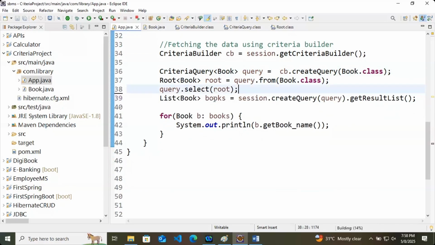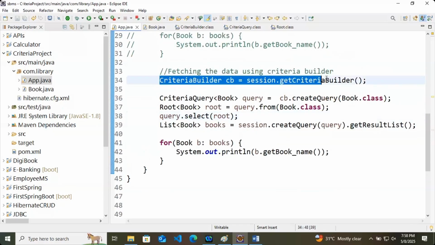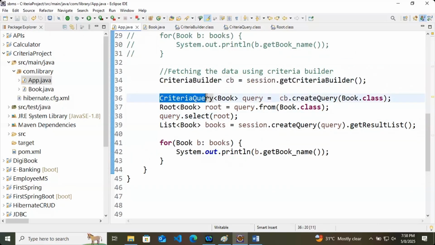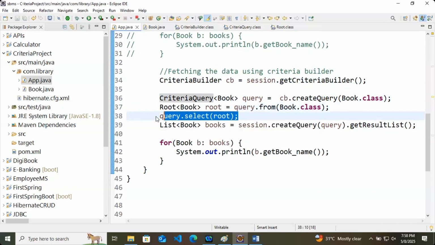So whenever you are trying to think about what we are actually achieving in which particular step: we are doing criteria builder, then using that criteria builder, we are creating a criteria query. Then using that criteria query, we are creating a root, and then using root, we are writing the final query, that is from book. But we are calling that it is type safe.